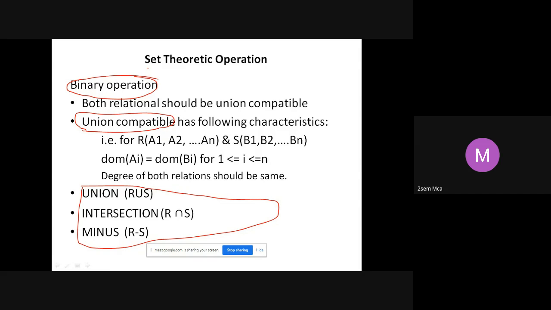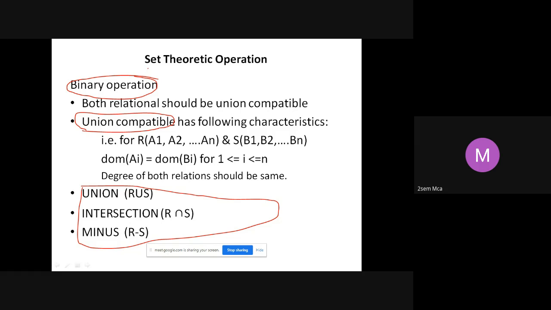Union operation is different, union compatible is different. Only if, I repeat, only if both the tables are union compatible with each other, then only you can apply the set operations. Any of the set operations, union, intersection, difference, anything it could be.